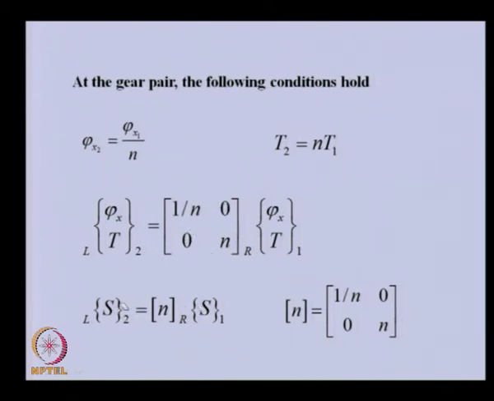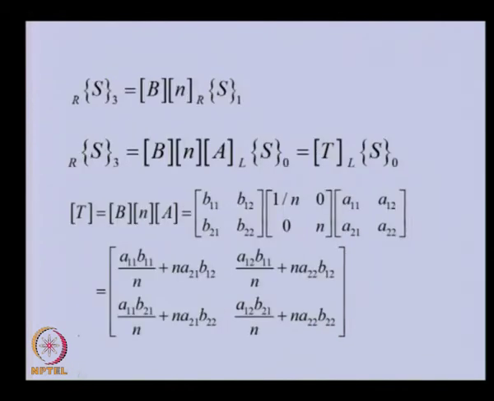So, we can see that using the N matrix we can transfer the state vector from one shaft to another shaft. In between, a gear is there, having gear ratio N. So, we can use this N matrix to connect the previous two equations like this. So, now you can see we have related the state vector of branch A to branch B directly with the gear ratio. This is the overall transfer matrix, and this transfer matrix multiplication is given here.